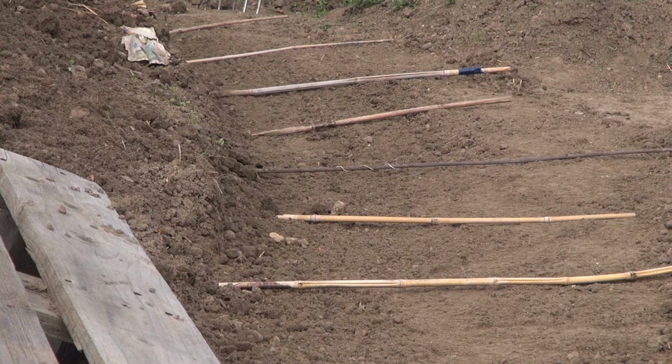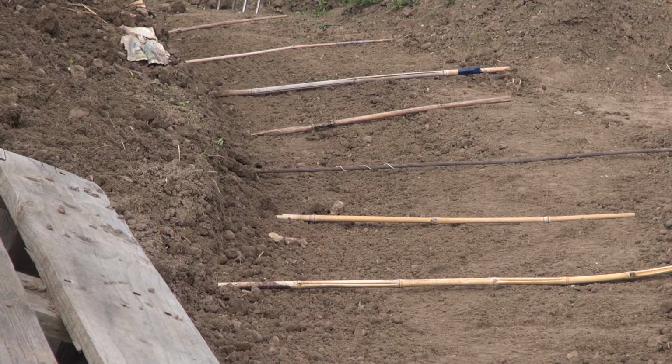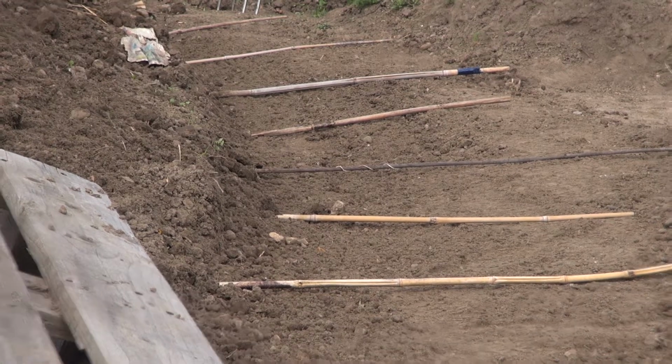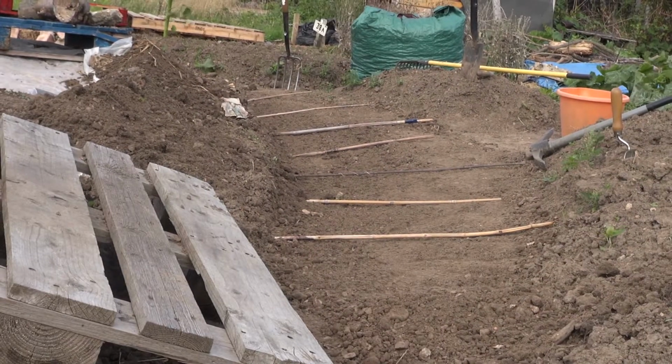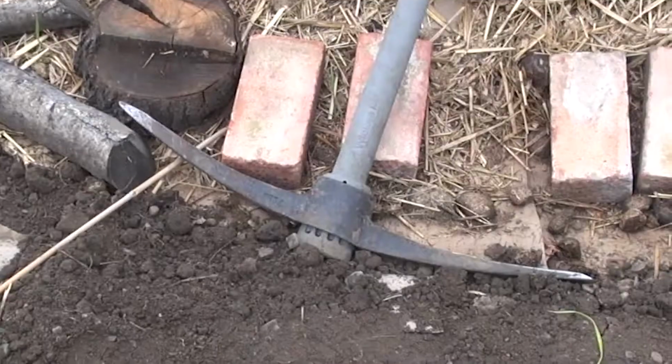I've just put the bamboo canes in, just to show you there is a gentle slope. And as I draw back there, you can see it a bit more. You should be able to see that it's definitely sloping down. By the way,